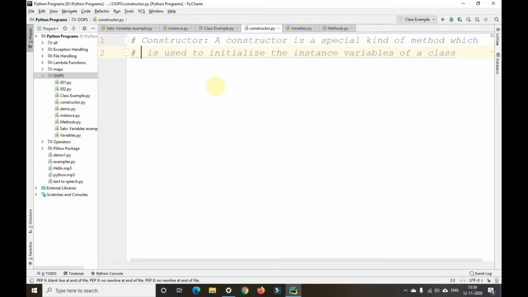Okay guys, so again let me tell you what is a constructor. It is a special kind of method which is used to initialize the instance variables of a class.